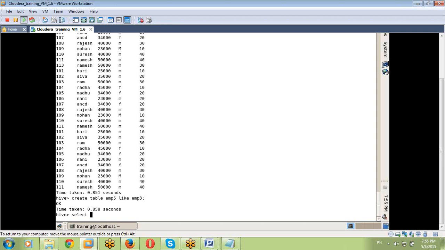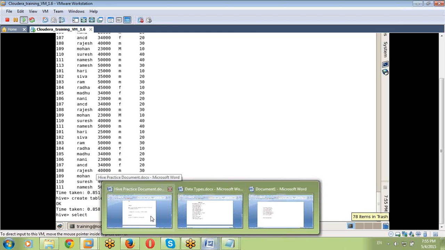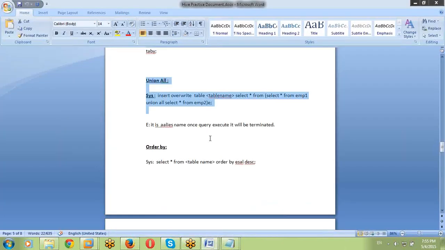Select. What is the syntax for union? Yes, we're combining two tables, EMP3 and EMP4, and we are loading the two tables' data into the EMP5 table.